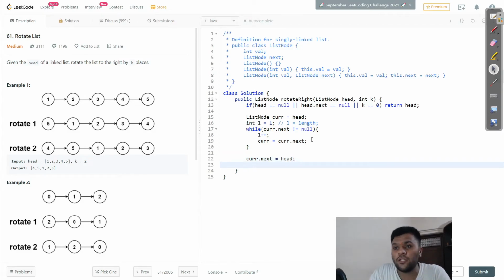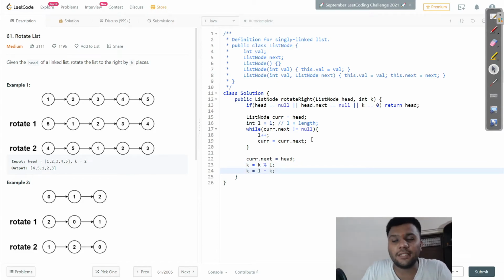Okay, it will not point to the null. So we just make a circular list over here. Right, what else do I have to handle? The bigger test case. Let's say we are given something like 20 or 50, so we have to deal with them as well. So I just did k equals k modulus length, and I have to calculate this length as well. So the new k is length minus k.